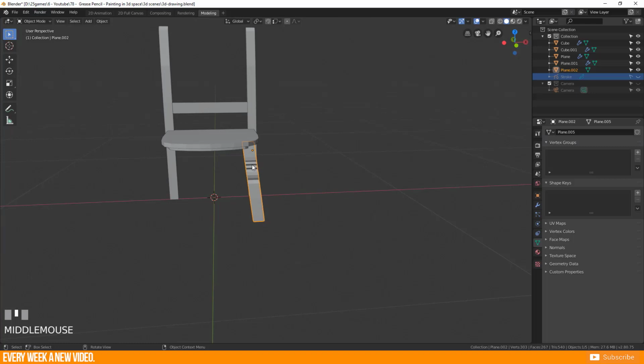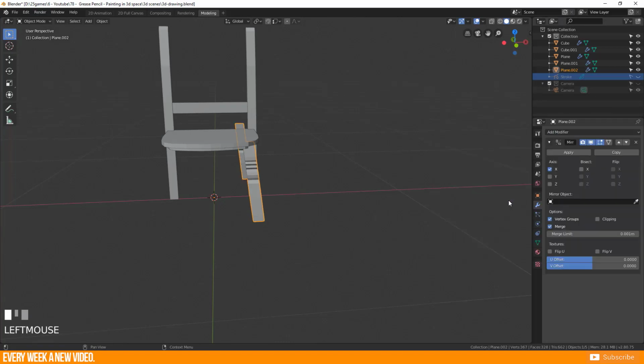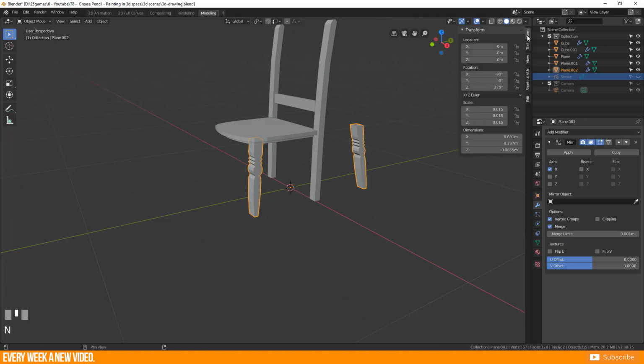So we need to bring our origin to the 3D cursor, and then I'm adding the mirror modifier to this object as well. And the thing is that it's wrong right now because we rotated and scaled our plane in the beginning, and it is directing to the wrong side. So actually it is correct. When you check the tool, the items, then